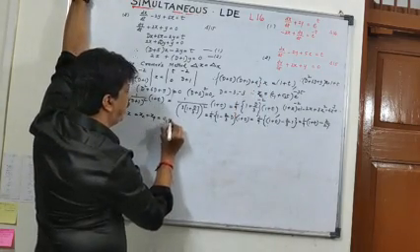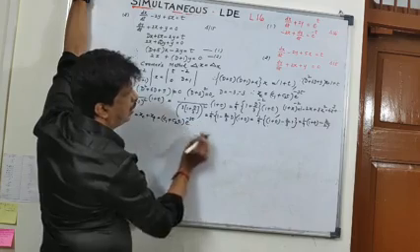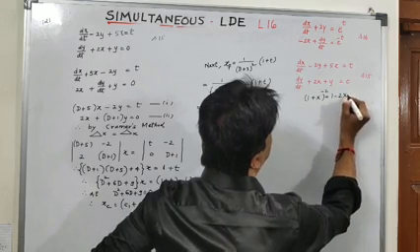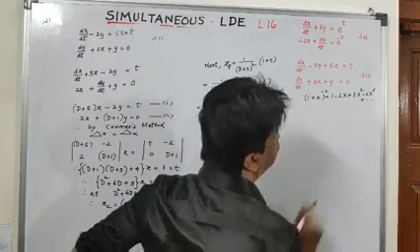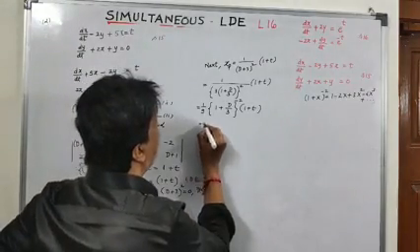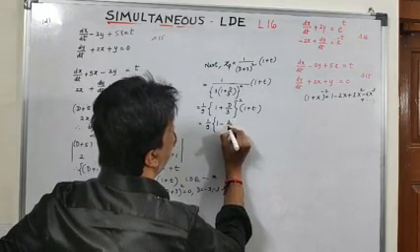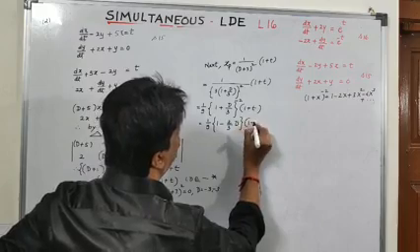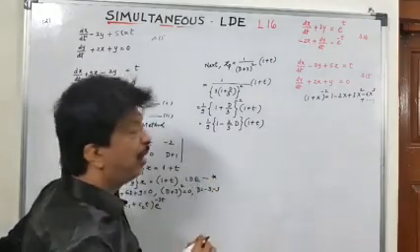Complementary part was c1 plus c2t into e raised to power minus 3t, plus this particular integral: minus 2x plus 3x square minus 4x cube, and so on. This is the binomial expansion for 1 plus x raised to power minus 2. So here 1 by 9 times 1 minus 2 by 3 d into 1 plus t, t power 1. So I am expanding up to the first d term. Now let us simplify this out.